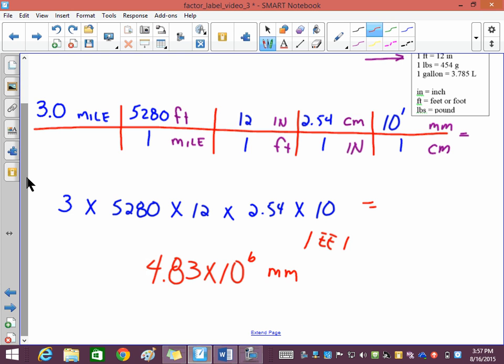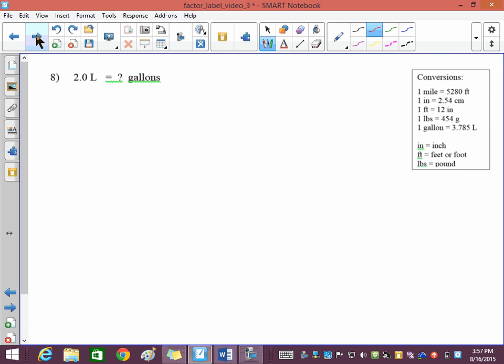Okay. All right. Let's look at number 8, liters to gallons. So in this case, we'll be using that conversion on our table. So looks like a one-stepper, guys. Going from liters to gallons, we don't have to do a whole lot. Start with what you know. So we have 2 liters, and